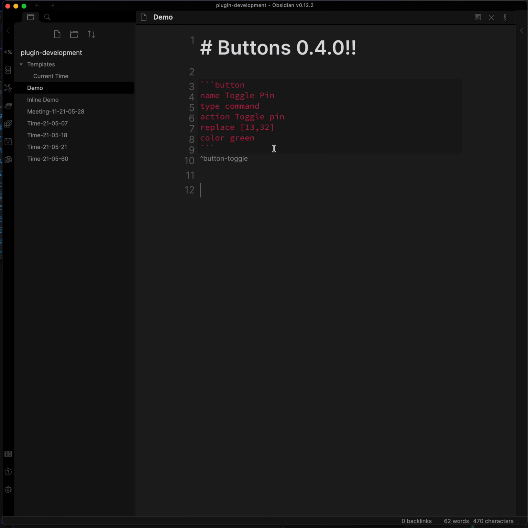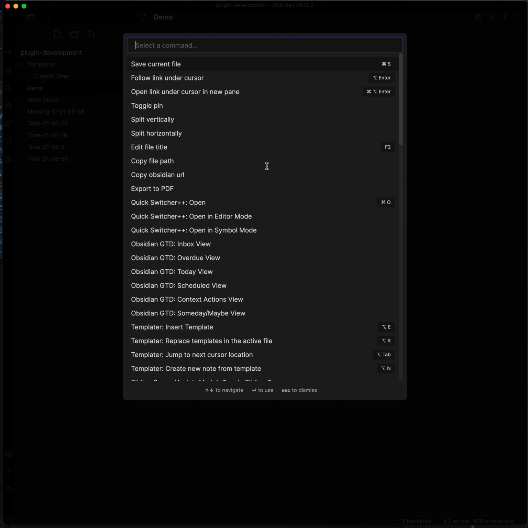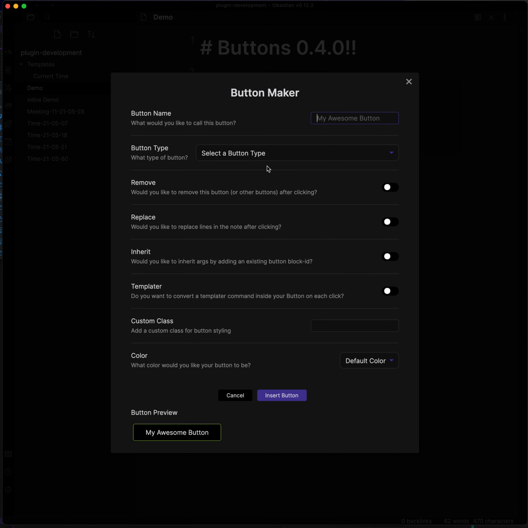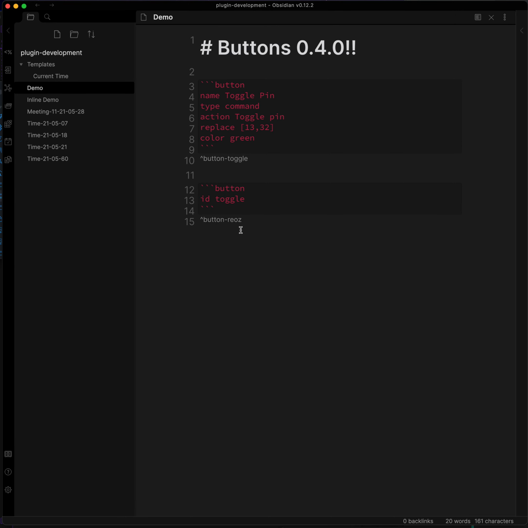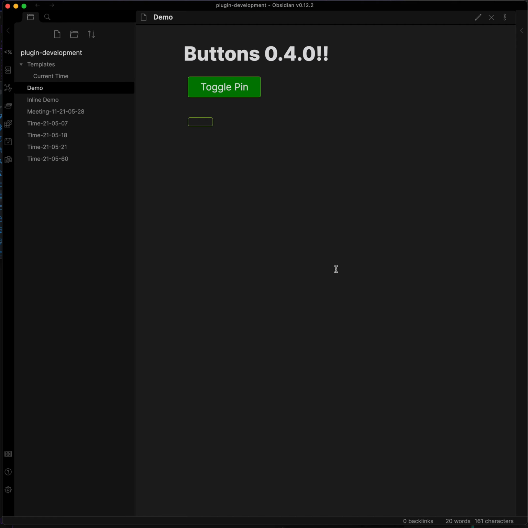So that's replace. Finally, there's one last thing that I should have talked about, which is the inherit option down here. If we choose that and select an ID here, let's choose toggle, because that's my last existing button, we can just insert that straight in. And now we have a button with the ID of toggle. And if I switch over,